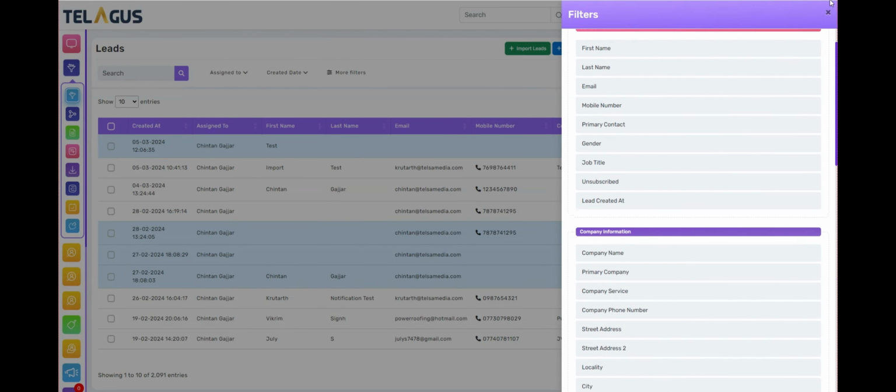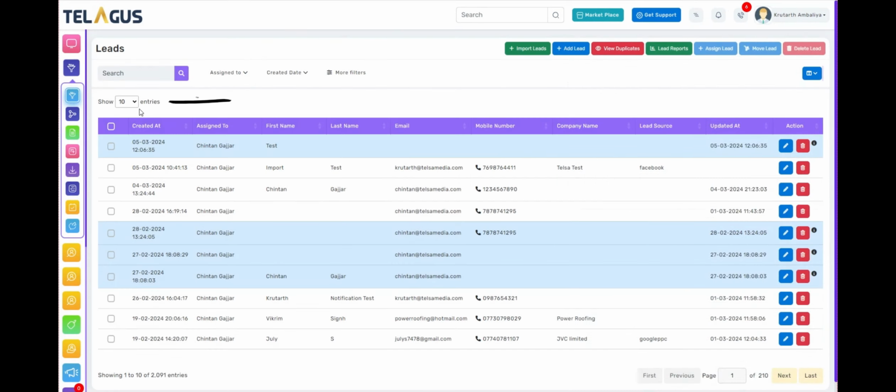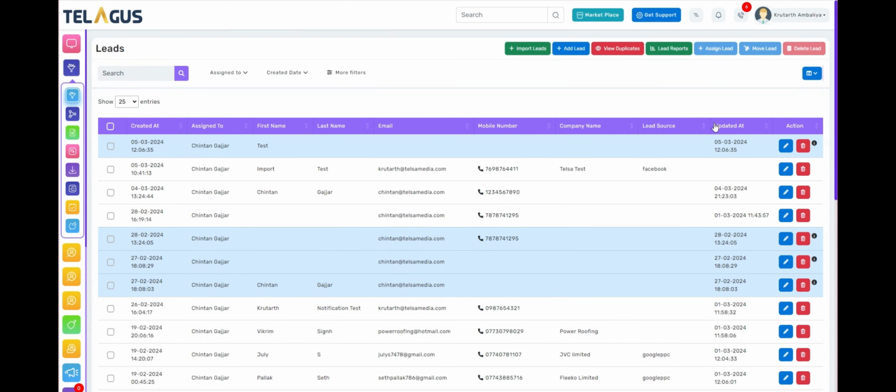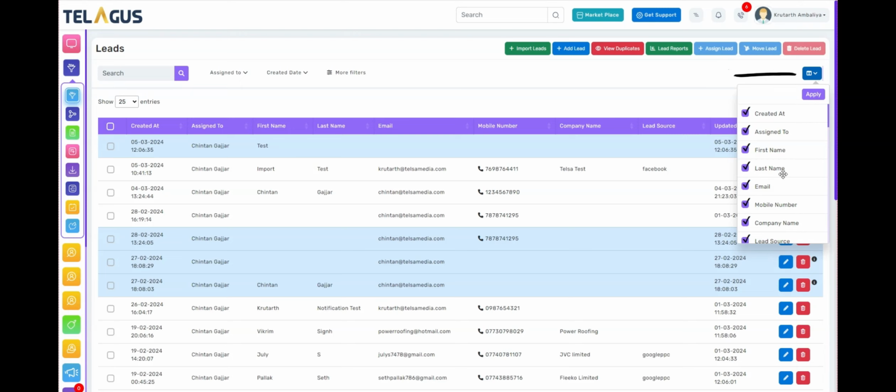Below the filters, there is an option to view the number of records on a single page. Click on Number and select a number from the list to display the selected number of lead records on a single page. You can also choose the columns to be displayed for the records. Click on the Column Visibility button and select the columns you want to display for the records. Or you can uncheck the columns from the list to remove the column from the displayed list. Once you have selected and deselected the column names from the list, click on Apply to apply the settings on the leads